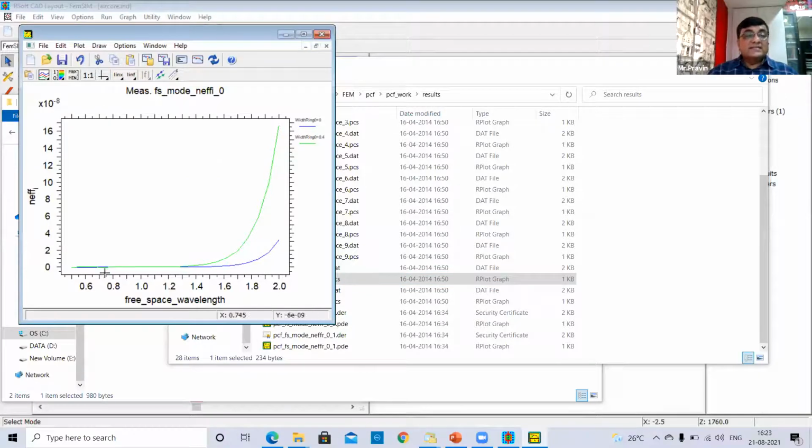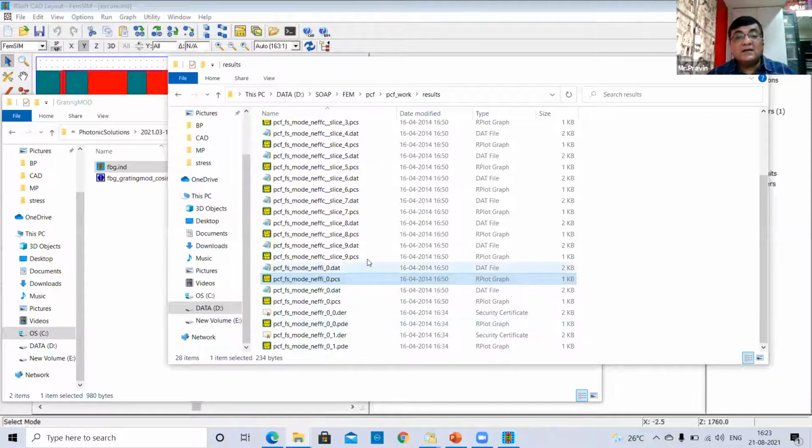Now, as you can see, this has been using the MOST, which we are going to discuss further. It simulates at various wavelengths and finds the N effective. Then there is dispersion also.